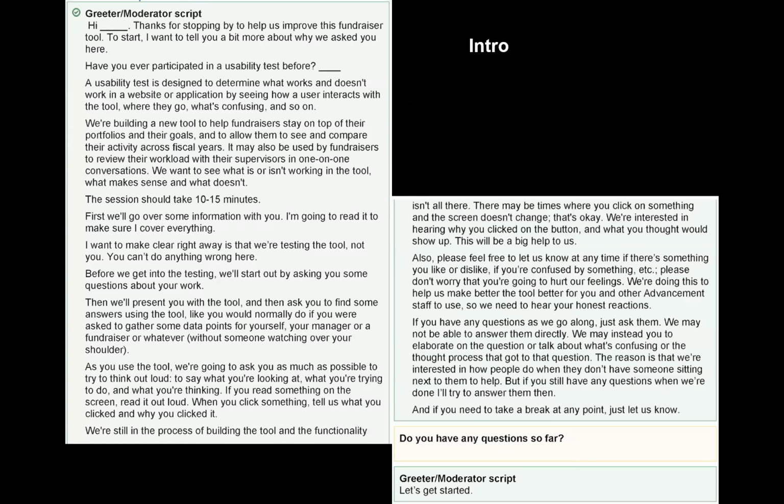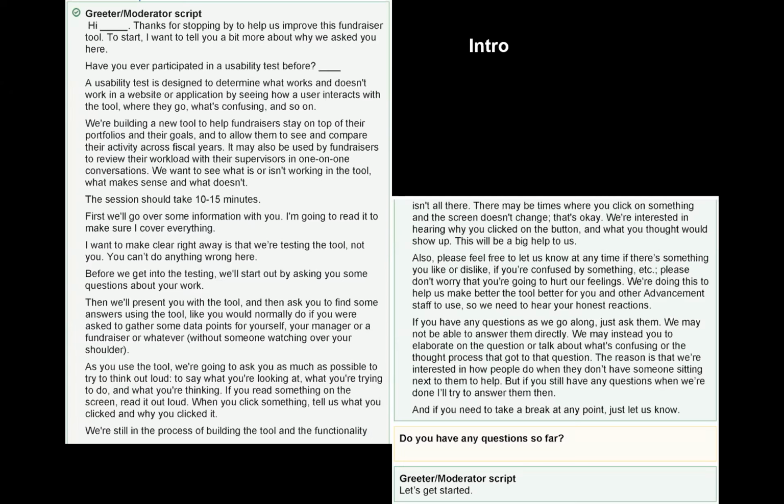This is the intro. It is very long. As you can see, it is very long, but it's all important information to set the stage. I think I cribbed a lot of this from one of Steve Krug's books about usability testing. And most of this script is the same from test to test. So we go through, we introduce what we're doing, what usability testing is. We outline how the session will go.